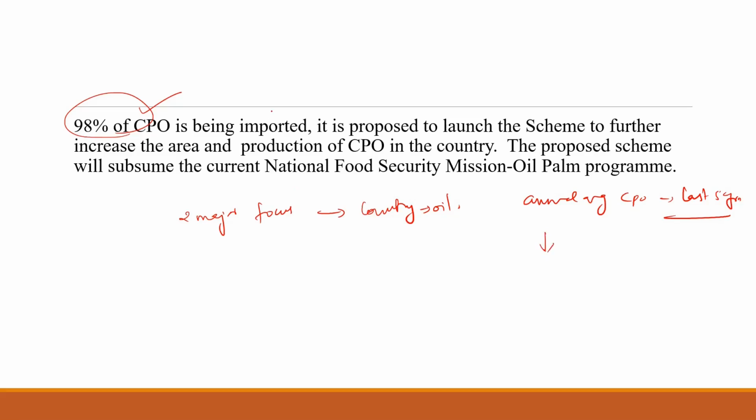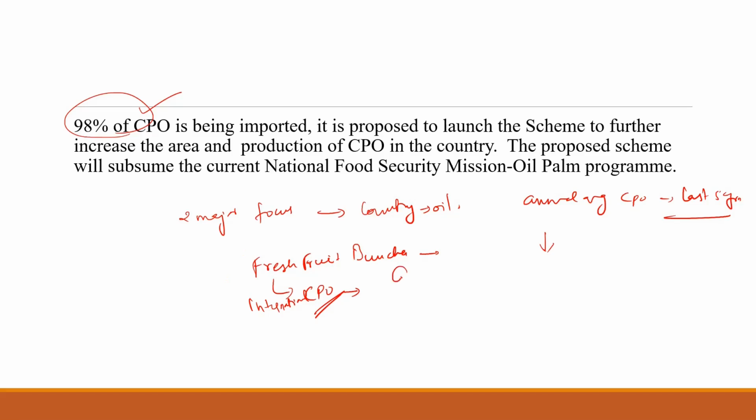Now, if you see here, whatever prices, this oil, these farmers will be producing fresh fruit bunches. From this, the oil will be extracted by the industry. Now, these prices are linked to the CPO, as I have told you, the international prices. If there is any fluctuation in the international prices, our farmers will be affected.